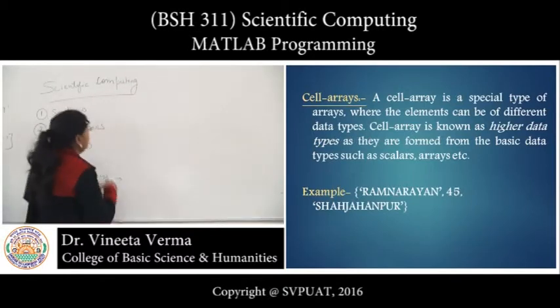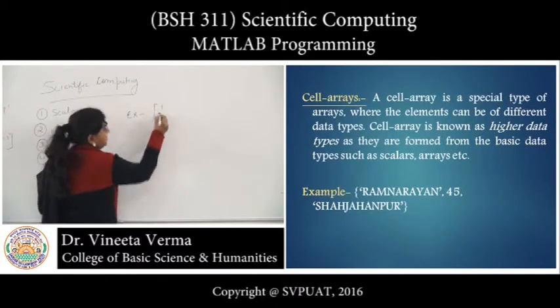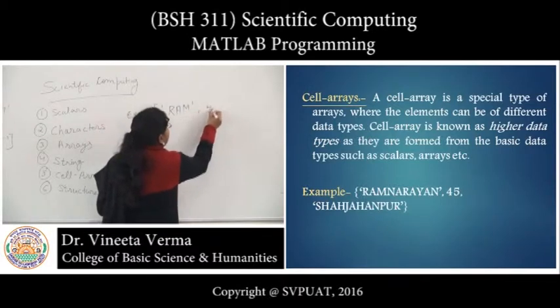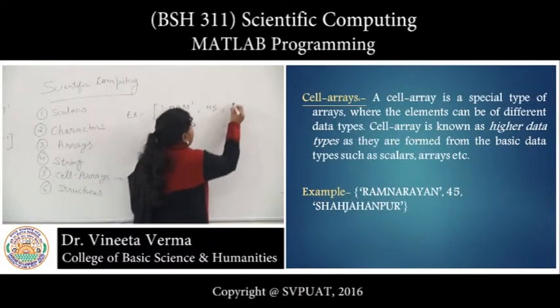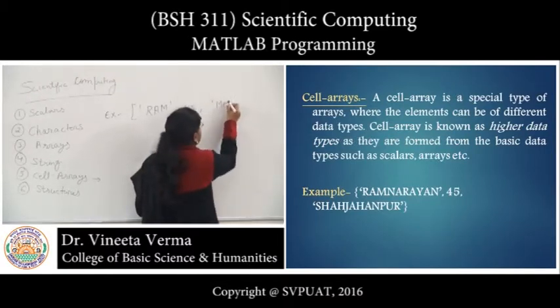For example, suppose Ram, 45, or suppose Meerut.